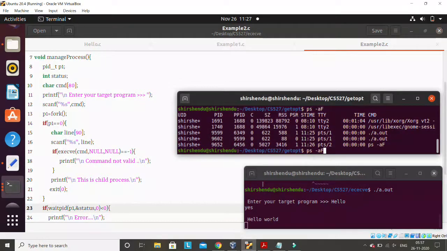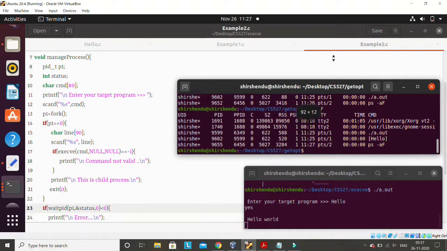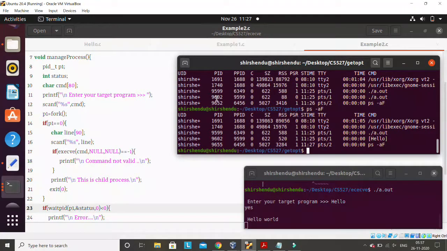Now if we run this again, you can see, if we expand it a little bit, that previously the child was a dot out before executing line number 17. When I was waiting at line number 16, both processes were a dot out. But after executing line number 17, now that hello.c is running as a child, you can see the child process name has changed. Previously it was a dot out, now it is hello, right? The process ID remains the same, but in the same process, a new program is loaded with the same process id. I hope it is clear.